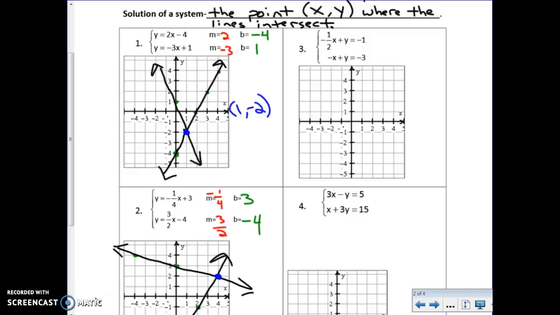Okay, so the y values in problems 1 and 2 were isolated, meaning y was by itself. Here, y has company. You have -1/2 x on the left side as well. In this equation, y also has company on the left side. You have -x. So the idea is that we want to move everything away from the y over to the right side, so that y is all by itself on the left side. So I'm going to manipulate the 2 equations,